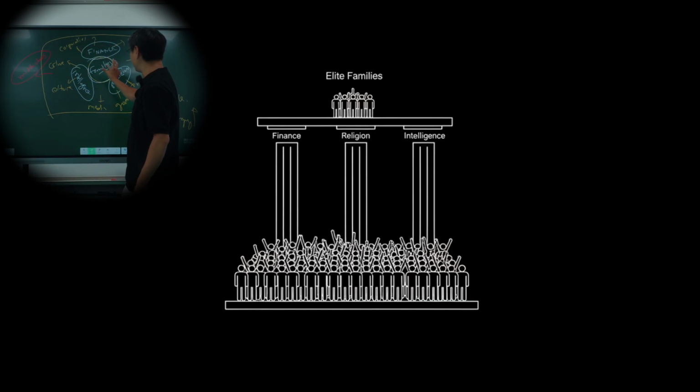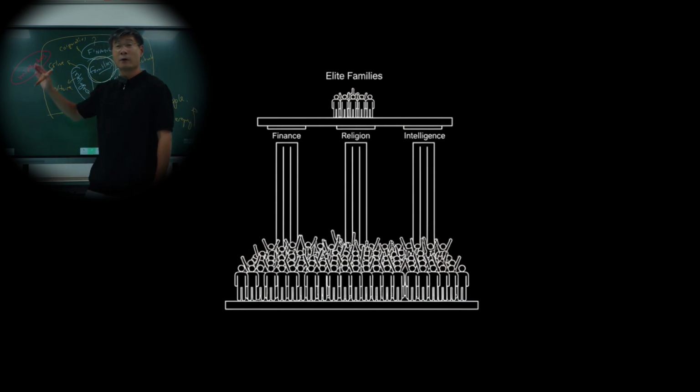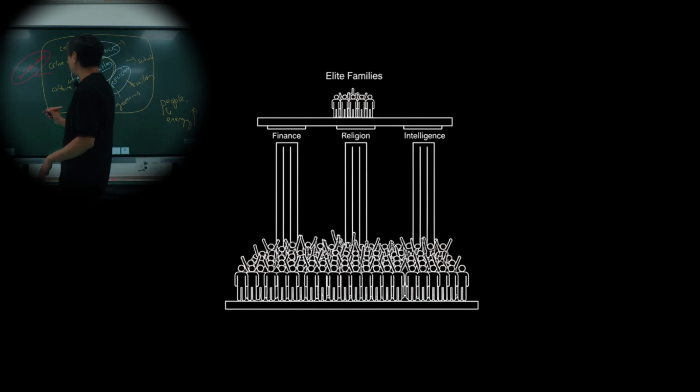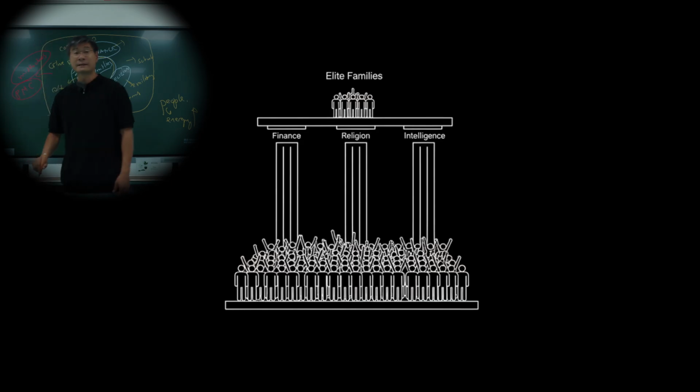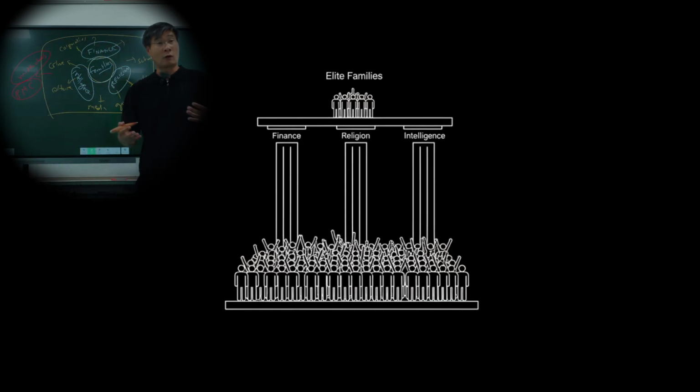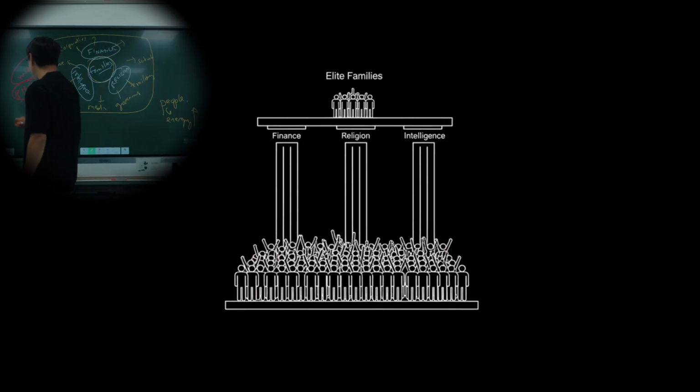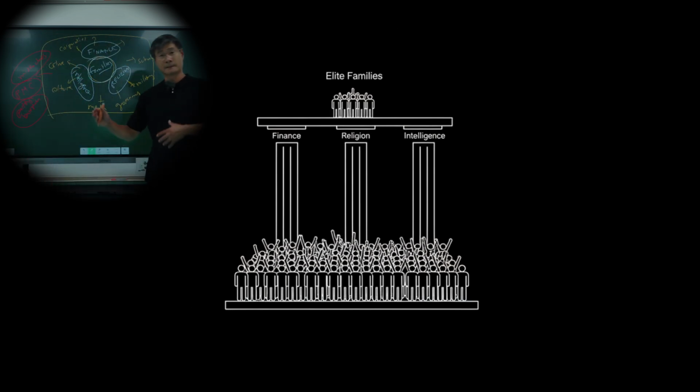Okay? So the families are the owners of the corporation, the people are the workers, the people in between, the managers, are the managers. And we call these people the middle class. There have been other names for it in China before in history. We call them the scholar officials, right? Another name for them is something called the professional managerial class, PMC. Also, another name for them is the petty bourgeoisie. Okay? Again, you don't need to know these names. For the purpose of simplicity, we will just call them the middle class. All right. Does that make sense?